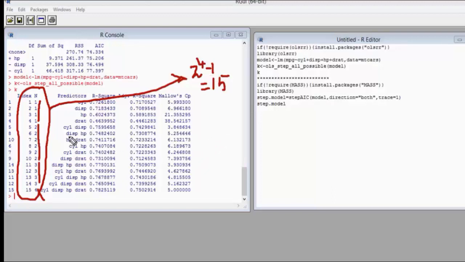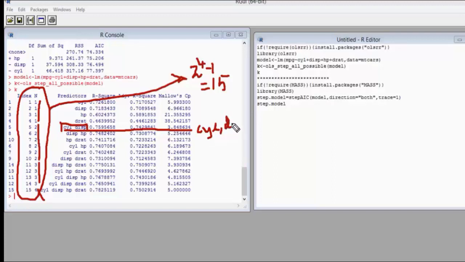Then we see that the subset consisting of 2 explanatory variables, SYL, DISP, has a high adjusted R square compared to other subsets, and Mallows Cp that is very close to